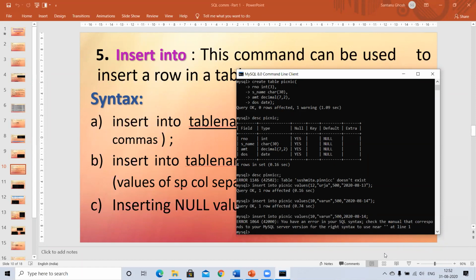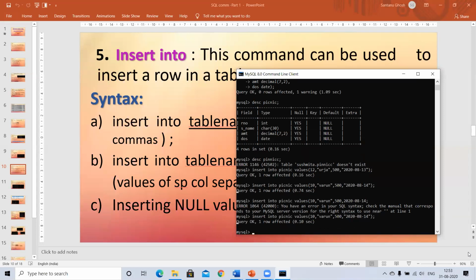How do I remove the error and re-implement it quickly? I do it like this. I go to my up arrow key, so I pick it up and I try to insert my problem areas and make the corrections. Go to the end and press enter. So that is accepted. Now it has actually inserted 2 records of Varun. By mistake, I've done that. Now I will have to delete it maybe. So we learn how to delete also already inserted records. But now I want to see in a proper tabular manner how exactly I have inserted my data, how it is looking.